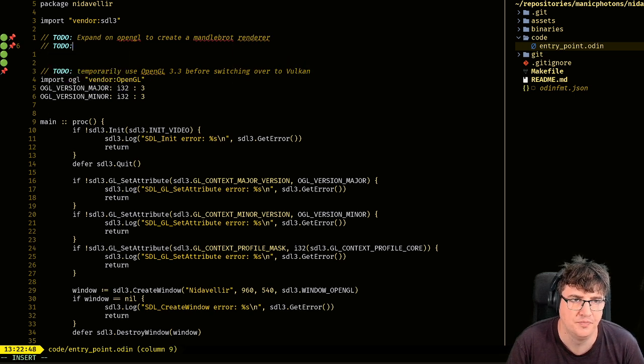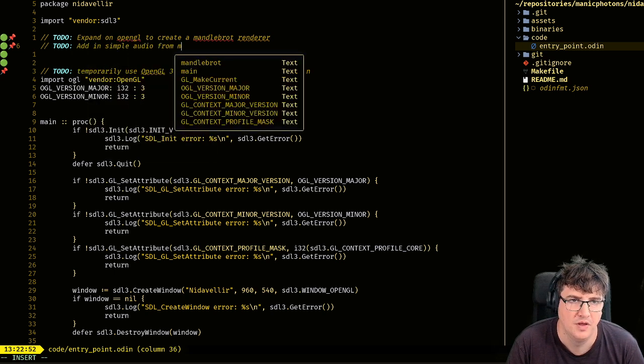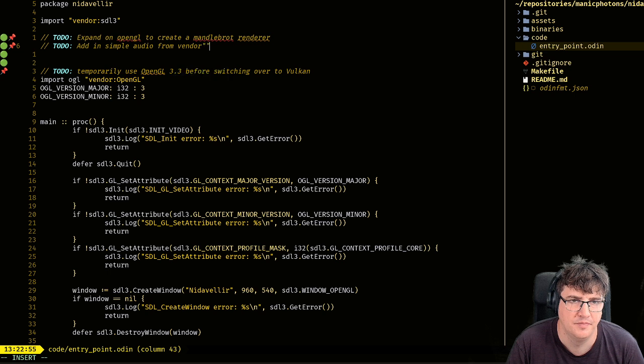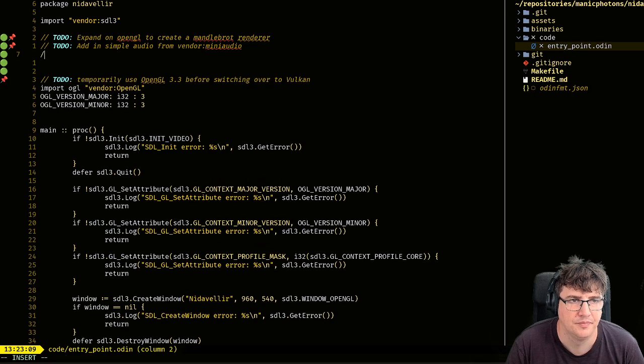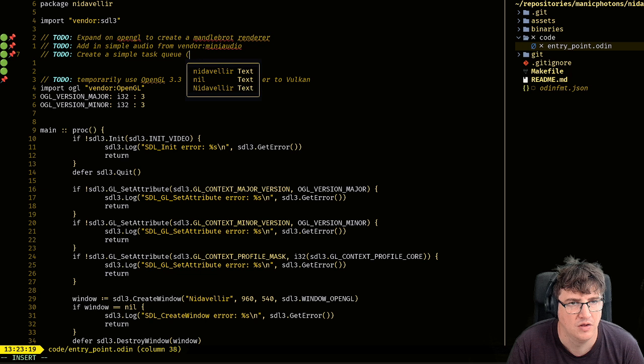To do: add in simple audio from vendor, Mini Audio. Create a simple task queue, single threaded for now.